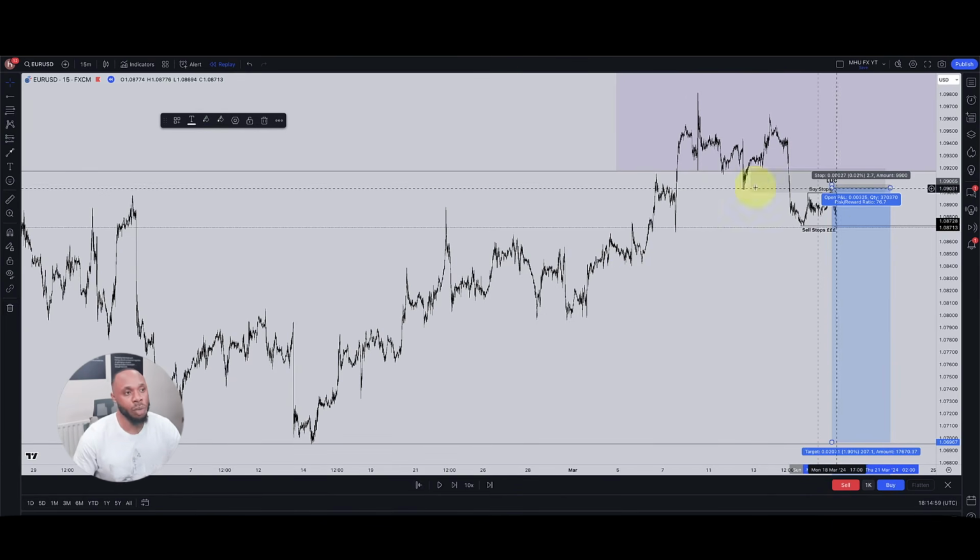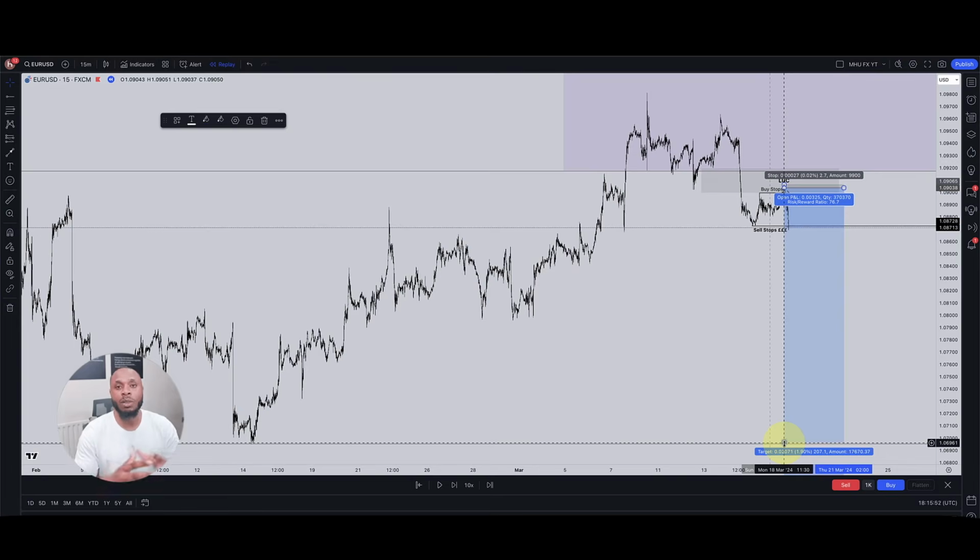Either take more partials as price runs out these lows, or you can add more positions. And when you add more positions and it runs out liquidity, take off partials of 80% and you let 20% ride. It's a little game for me. I like to build up as many partial positions until when it reaches a full position and see how many times I can do that. There's a little thing that I like to do. You don't have to do that, by the way. You can swing however you want. This is how I personally swing.